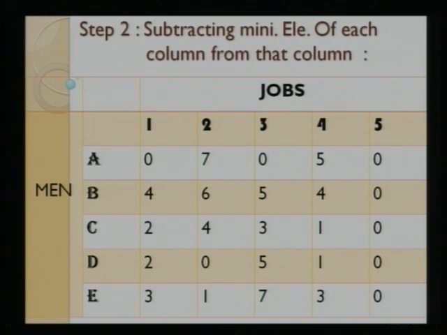We can see, like here in this slide, that the minimum element of first column is only 0. So we have to subtract 0 from every element of first column. Second column has again 0, third is 0, but the fourth is 1. So the fourth column will have change of numbers. All numbers will be reduced by 1. And fifth is 0, so will be unchanged. So this was step number 2. So if you go to step number 3,